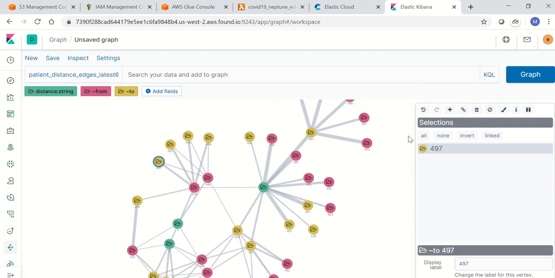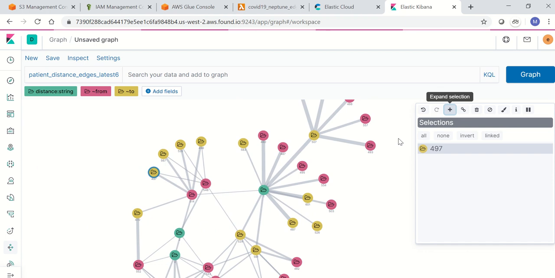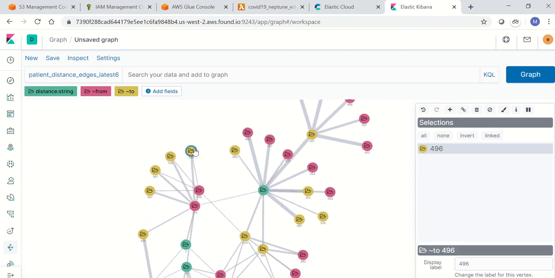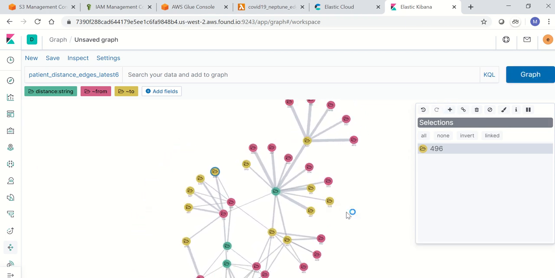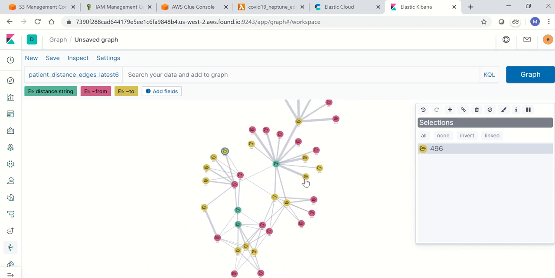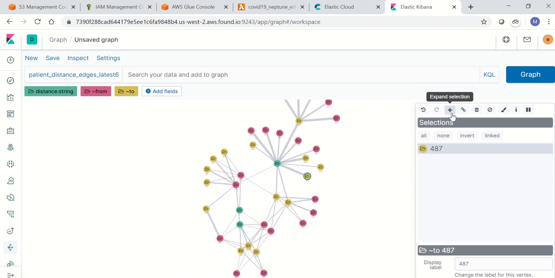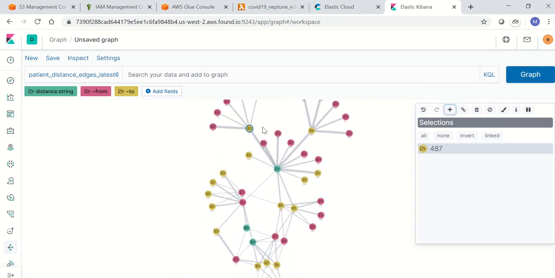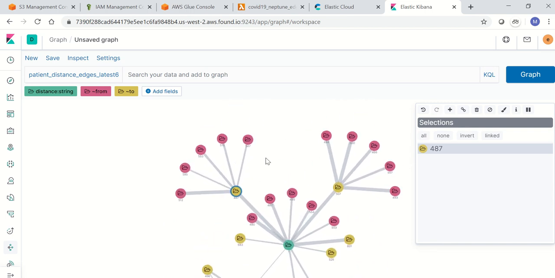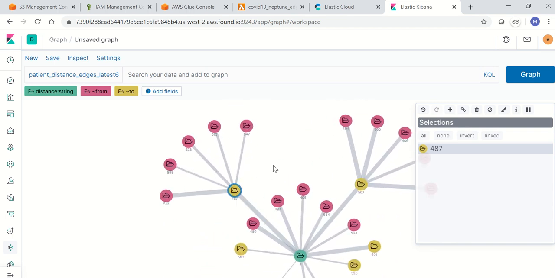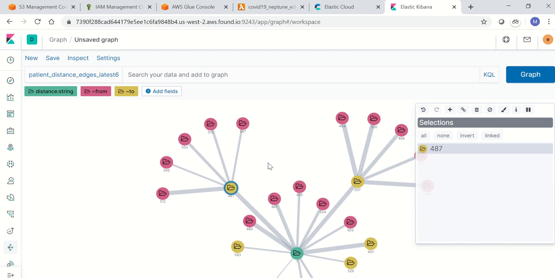So we can also select. If it is not fetching, it means they don't have the relationships created in the data. See, if it is fetching, they have the relationship, which means they traveled at the same time and were within 1 kilometer distance.